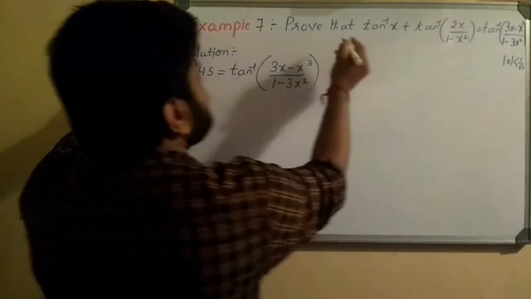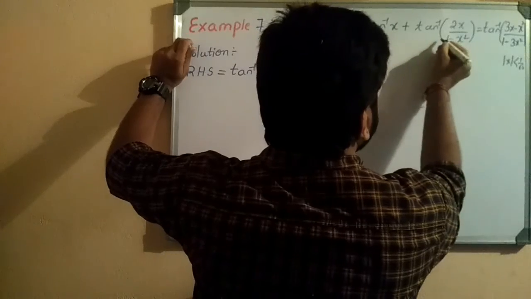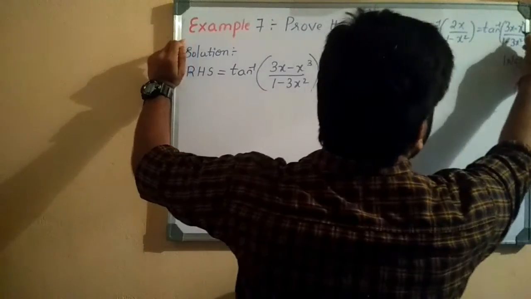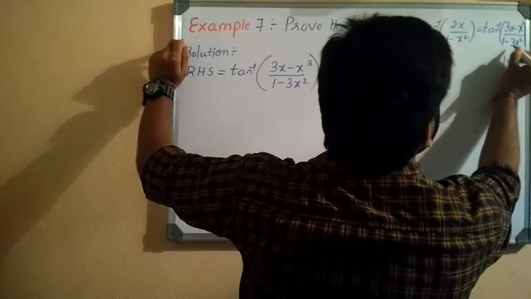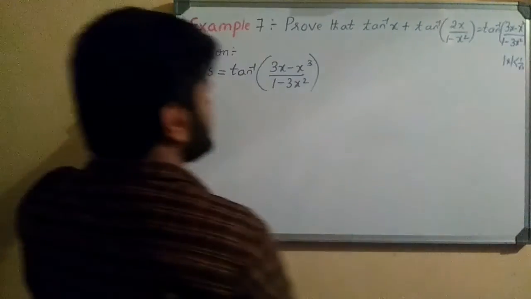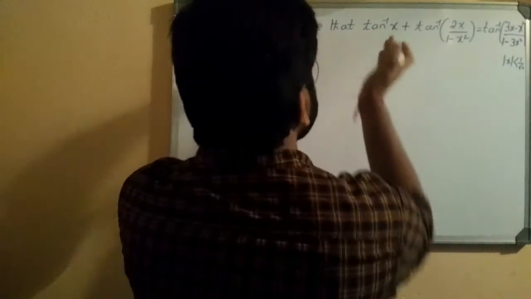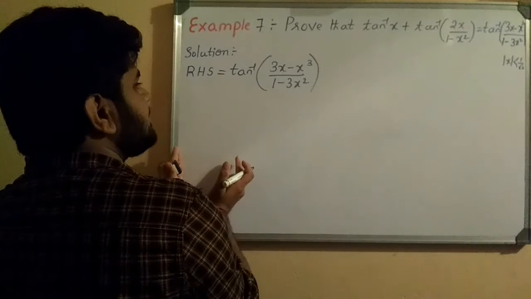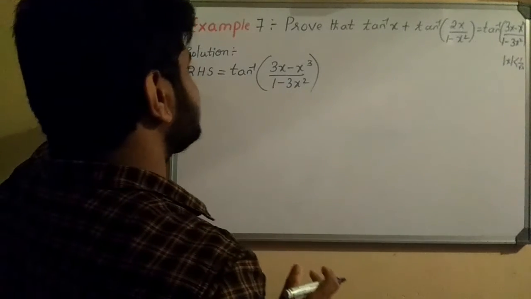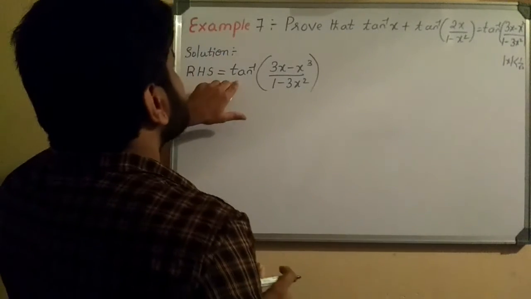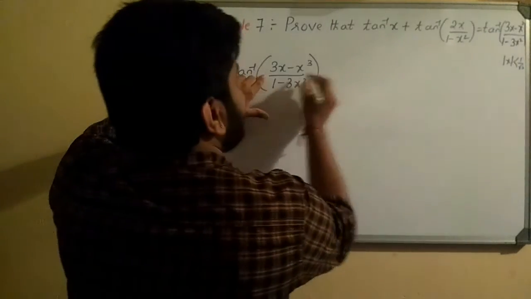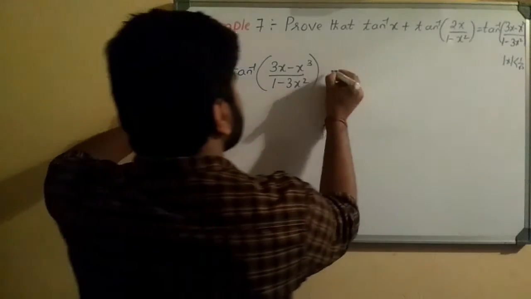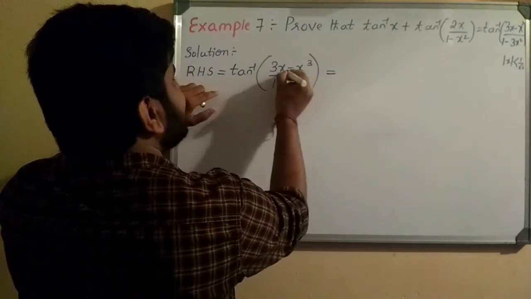So example 7, prove that tan inverse of x plus tan inverse of 2x by 1 minus x square is equal to tan inverse of 3x minus x cube divided by 1 minus 3x square. To prove this problem, we have to take RHS and LHS separately. So first you take RHS, that is equal to tan inverse of 3x minus x cube divided by 1 minus 3x square. So here you put x is equal to